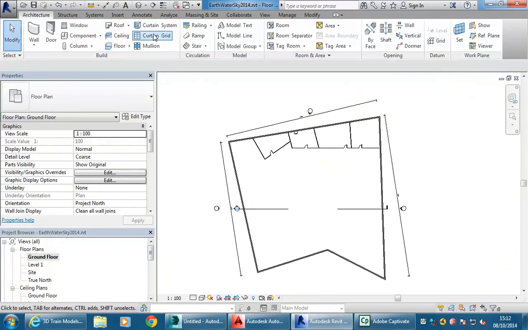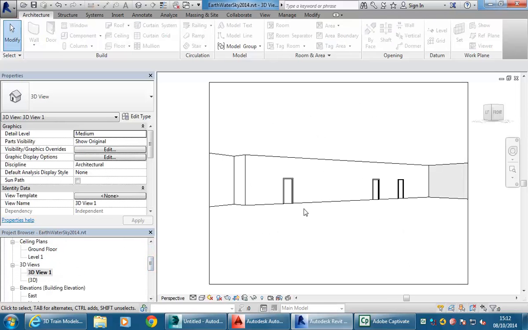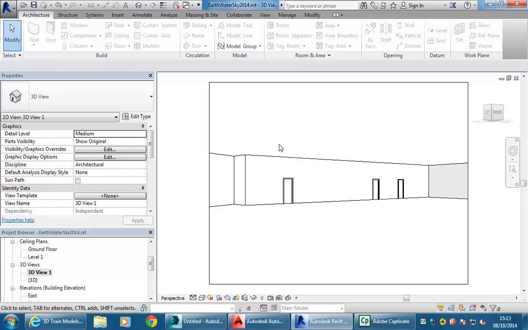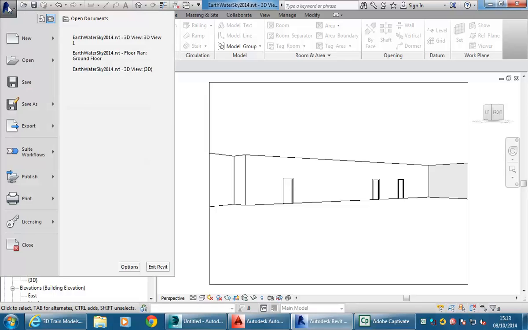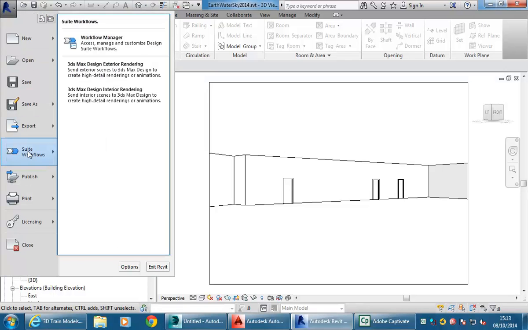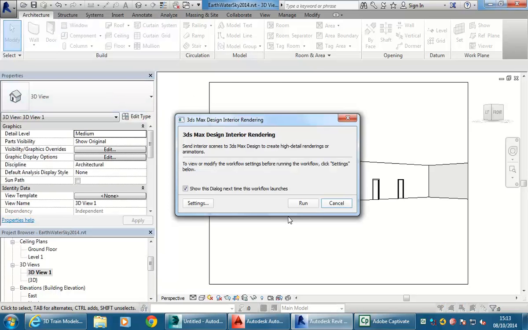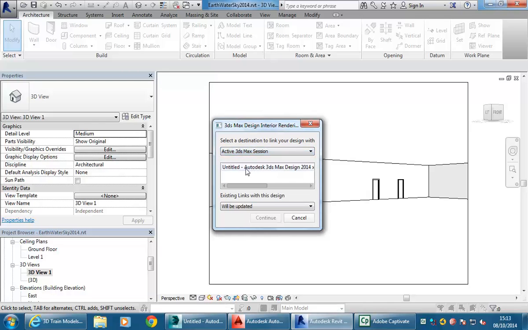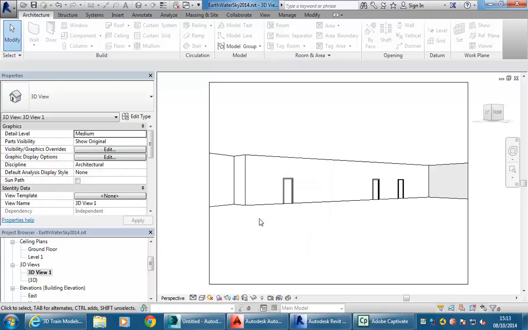Okay, so as always, I've got to go to the perspective view that I used originally. Now, there's the new wall. So, I know it's there. So first thing also, before I take it into 3ds Max, save that file, just in case it crashes at this point. And then on the main menu, Suite Workflows again, so you're just repeating the process. 3ds Max Interior Design Rendering, Run, and then again, Active Max Session. Choose the file that's open, Continue,